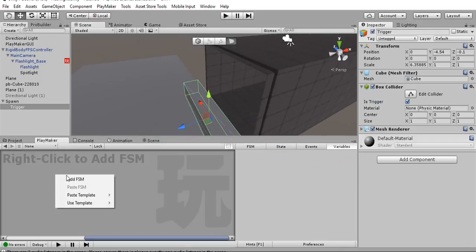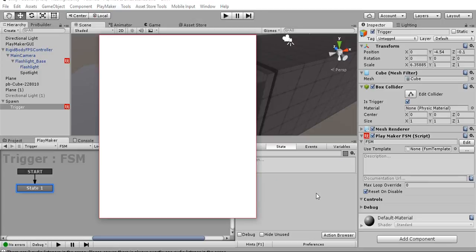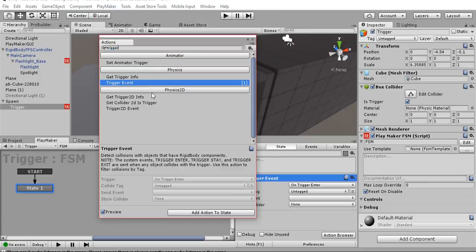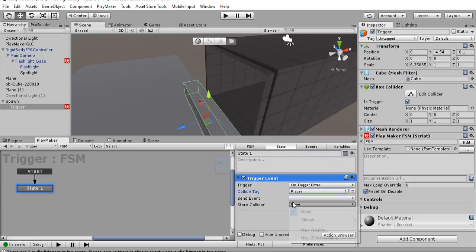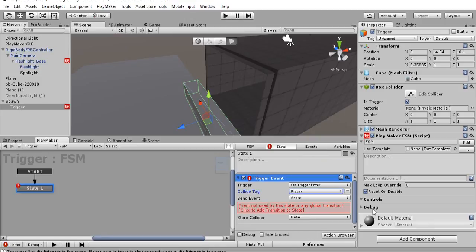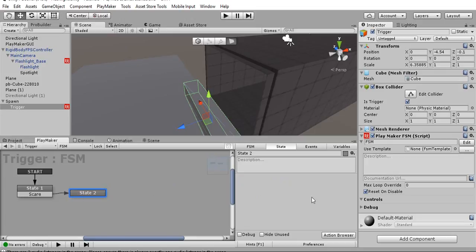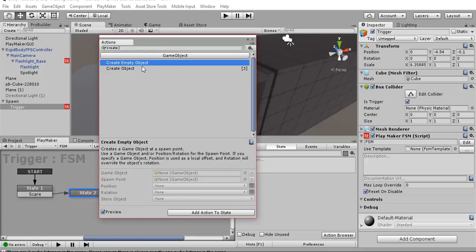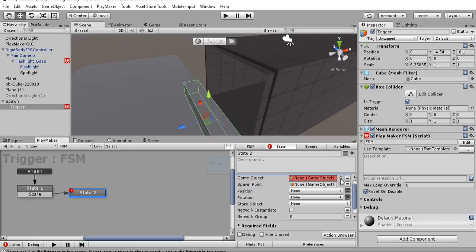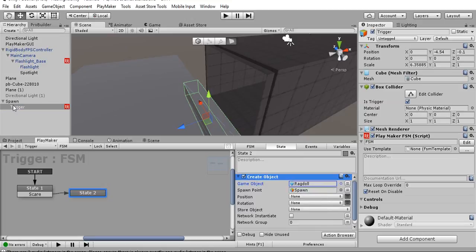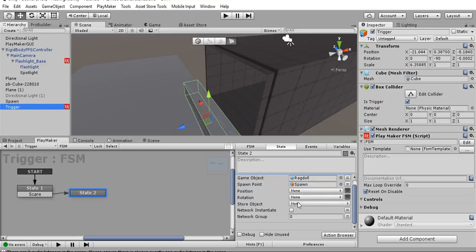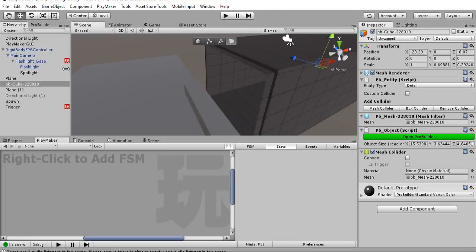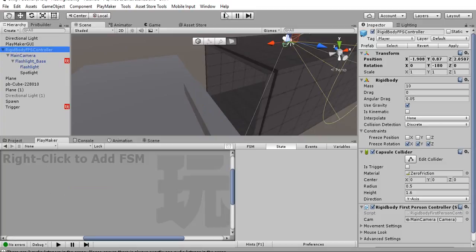Just go to Playmaker, add a quick FSM, and say trigger event. On trigger enter player, send event scare, I guess, yeah, scare. That means create an object which is a vector in the spawn point. So that's it, I guess. Make sure that this tag is set to player and hit play,